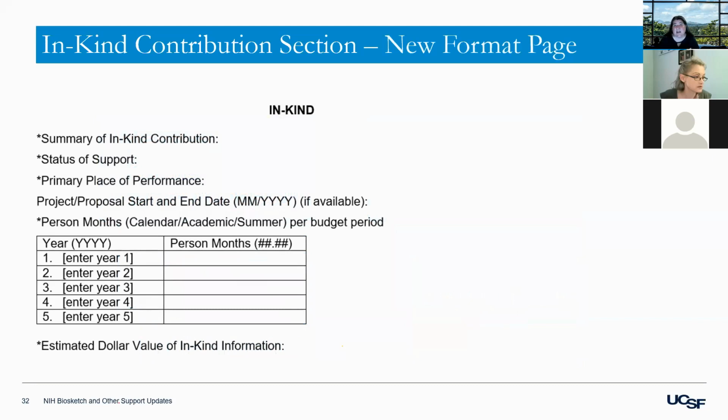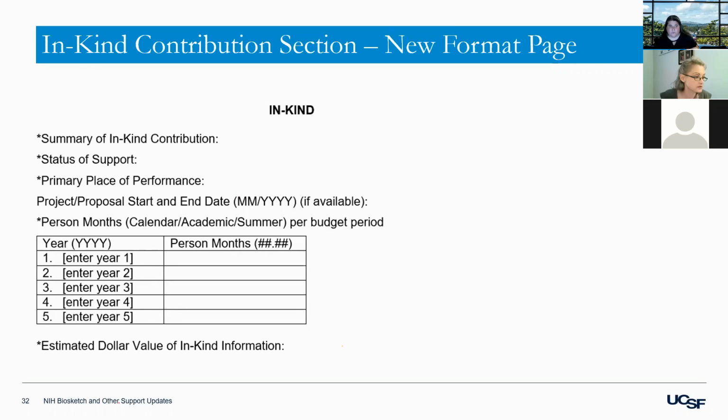We had already adopted a separate section here at UCSF back when they made their last changes. We called it something like foreign and domestic resources. So we had already separated this out, but now this is NIH's official way. So we'll be following this new policy and this new format, and take away our current format. It's similar to the project proposal sections, except now you give the summary of the in-kind, status,